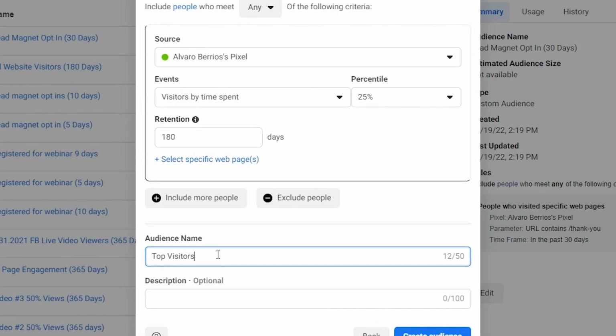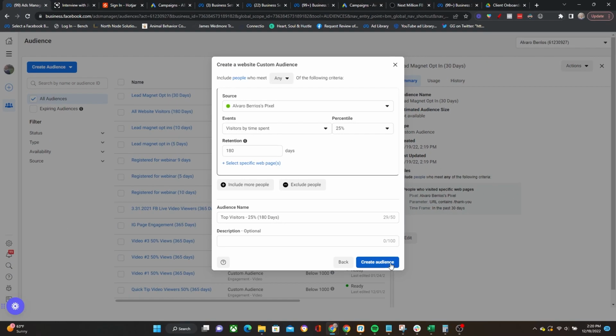So whenever you name these, just make sure you make it very clear and obvious. Don't just say website audience and then that's it, right? So if you're doing all website visitors, call it all website visitors, 30 days, 60 days, whatever it is, and then visited this specific page audience, or top visitors 25%, top visitors 10%, so on and so forth. You always want to make sure that your naming conventions are very clear,